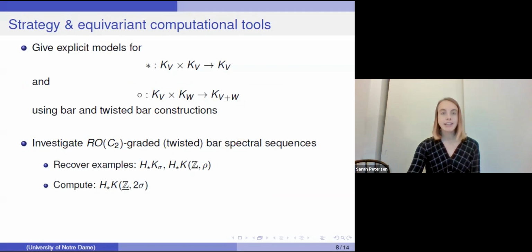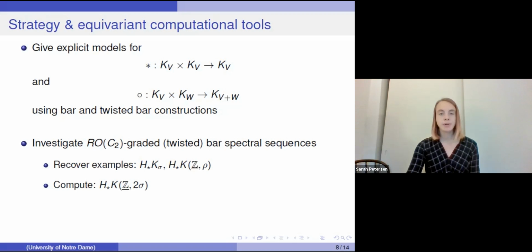In my work, I give explicit models for the star and circle product on these equivariant Eilenberg-MacLane spaces KB. I used the bar and twisted bar constructions to do this, extending non-equivariant work due to Ravenel and Wilson. I also investigate the RO(C2)-graded bar and twisted bar spectral sequences, recovering computations of the homology of K sigma